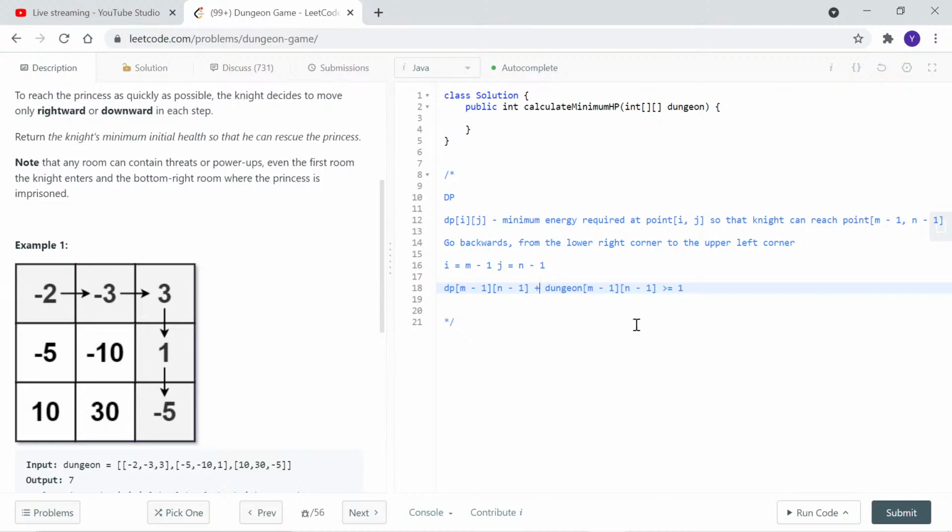Actually, it's plus. If it's negative, then it's reduced, but if it's positive, then it's increased. Actually, here it's maybe not accurate. So the energy at m-1, n-1 plus the dungeon value